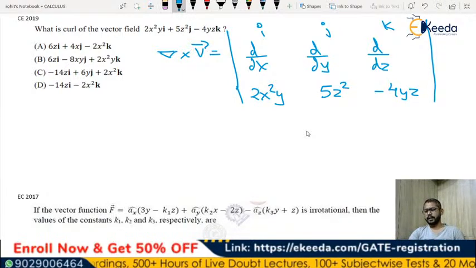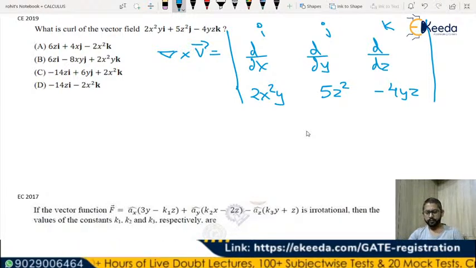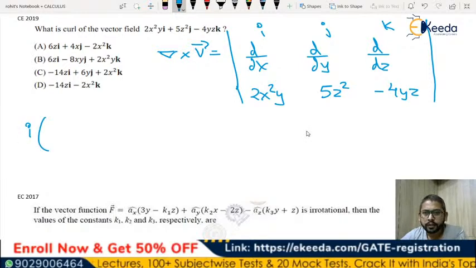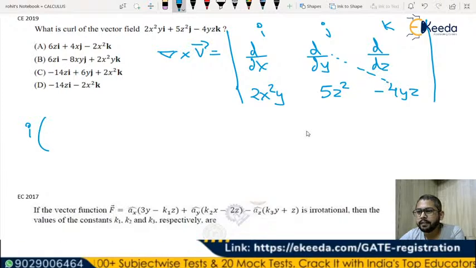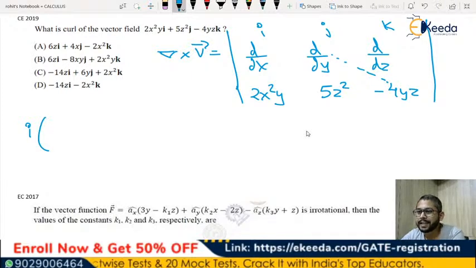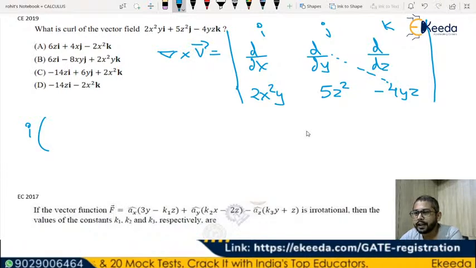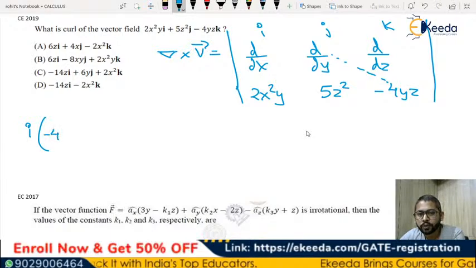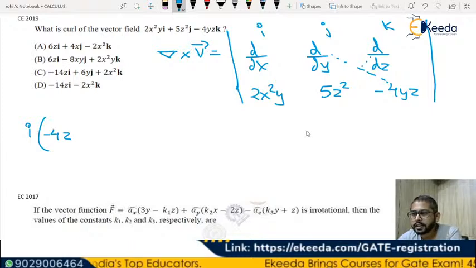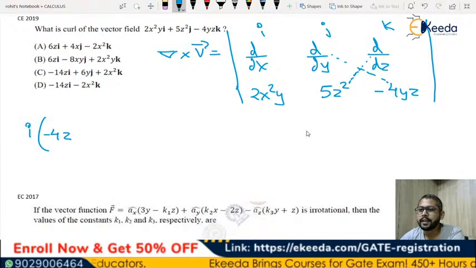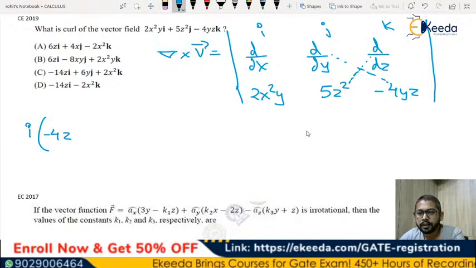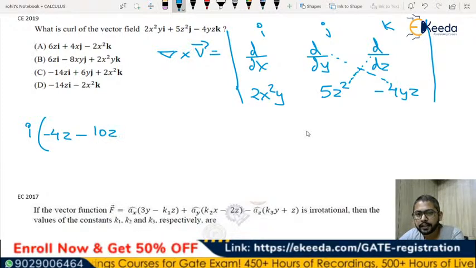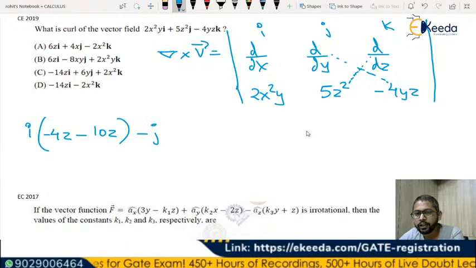Do it. I think you don't need me here. You just have to do it simply. Let's do it, i term. So it is d of minus 4yz. Shall we start putting directly? Differentiation of minus 4yz in terms of y will be minus 4z, and differentiation of 5z square in terms of dz will be minus of 10z, minus j of